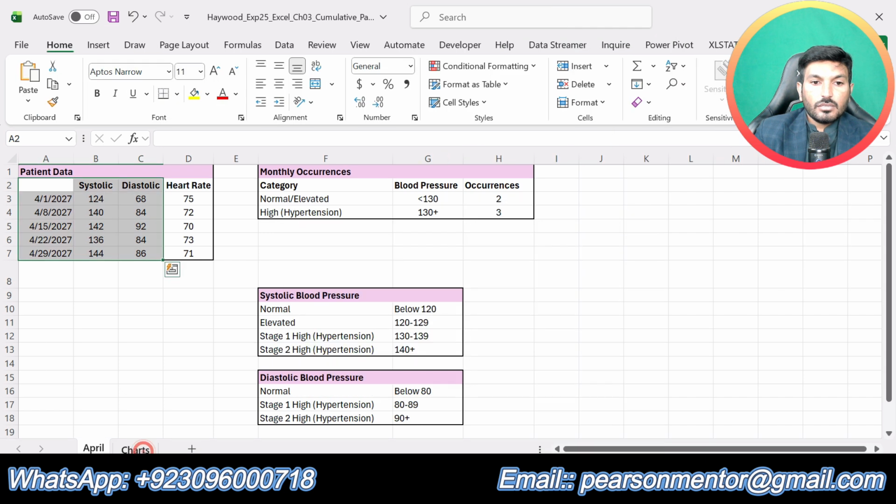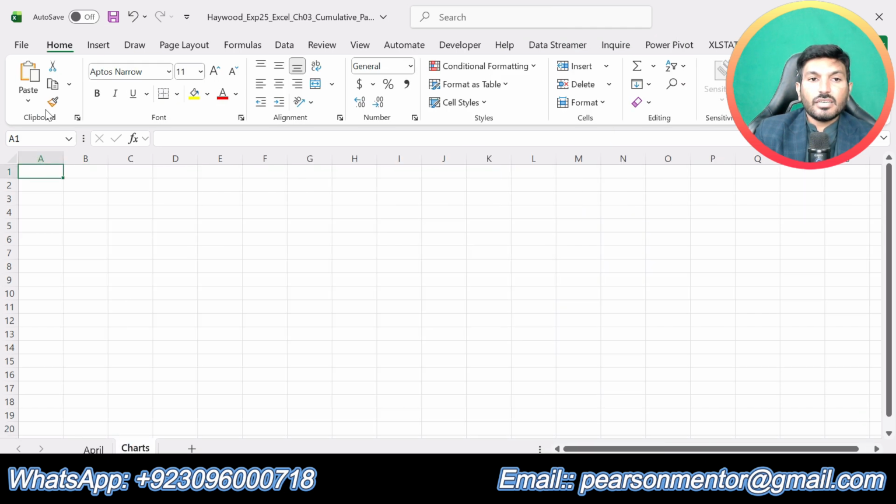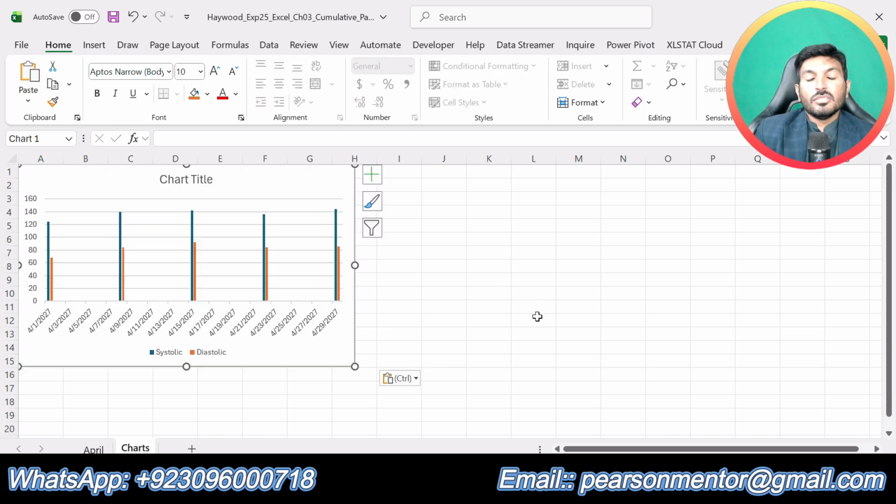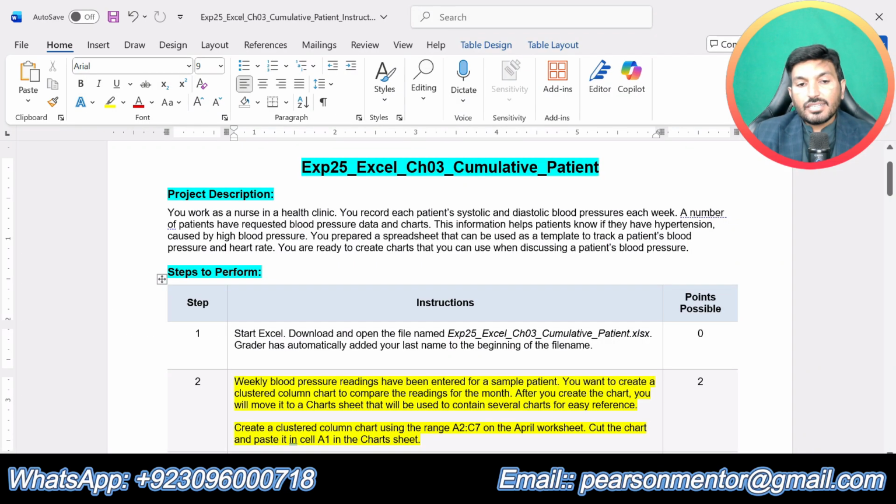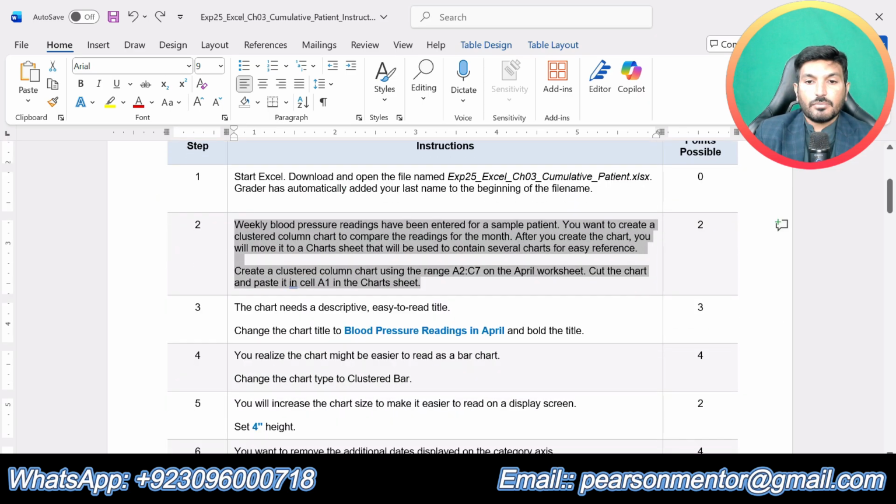Cut this, go to the chart sheet, select A1 and paste the chart here. So we have moved the chart to A1 of the chart sheet. That is all about step number 2. We are done with the second step.